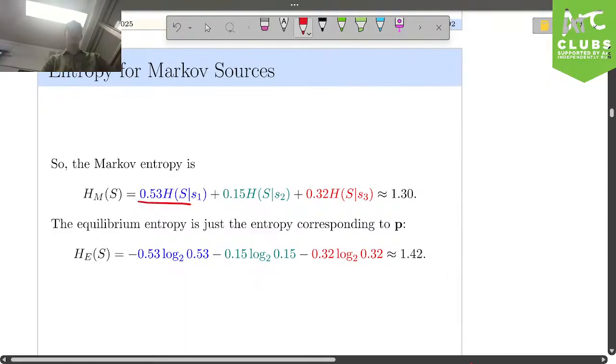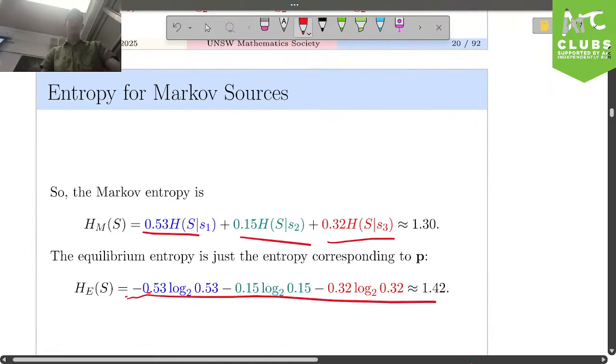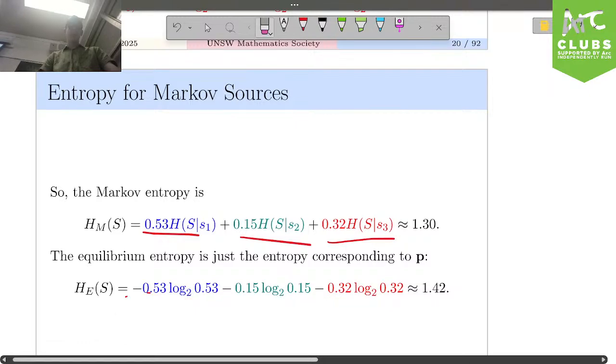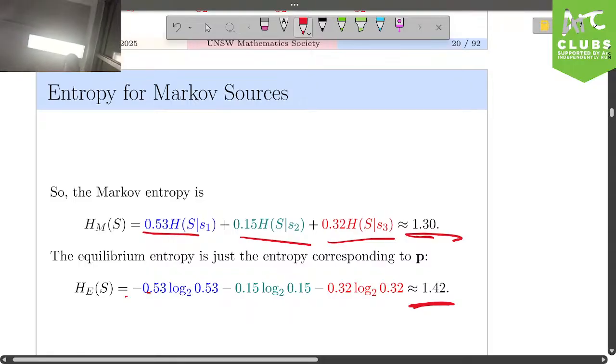So as we said, we're going to compute this, the weighted average of all the conditional entropies, and then we can also get the equilibrium entropy like so. And what we see here is that the entropy is going to be lower for the Markov compared to the equilibrium, which is consistent with what we saw yesterday, because we said that when you use the Markov average code word length, the approximation of that, it had a lower average code word length than the equilibrium entropy in terms of that specific example. That is consistent here because for this example as well, we have a lower bound for the Markov entropy compared to the equilibrium one.